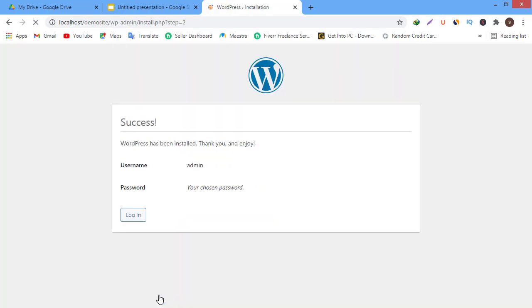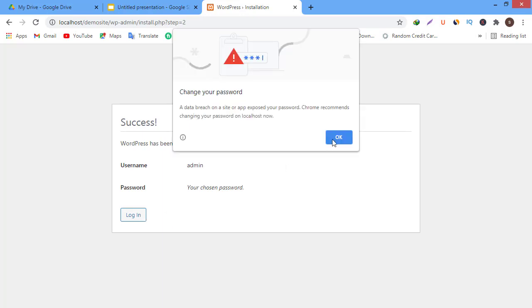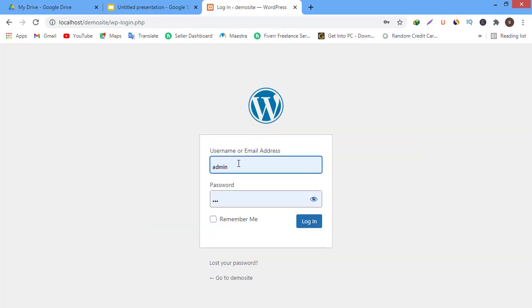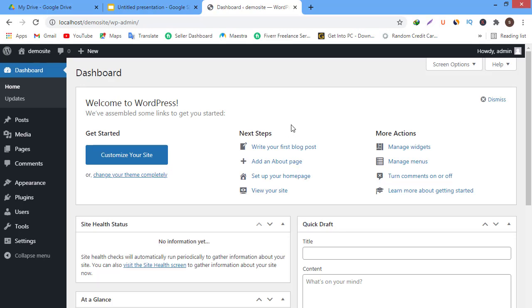Now WordPress has been installed, and click on Login. That is admin, and the password is one two three. Login. Now this is the WordPress interface.